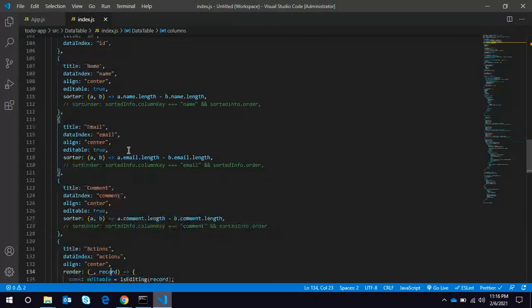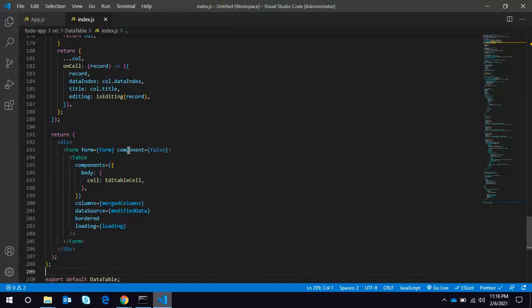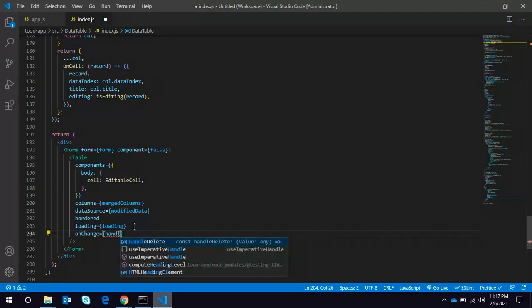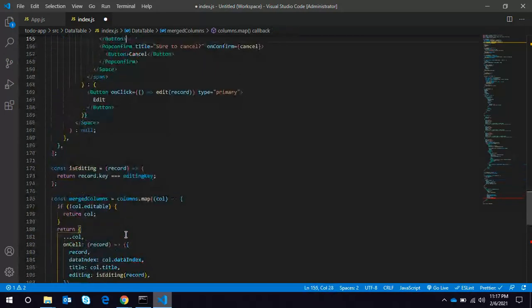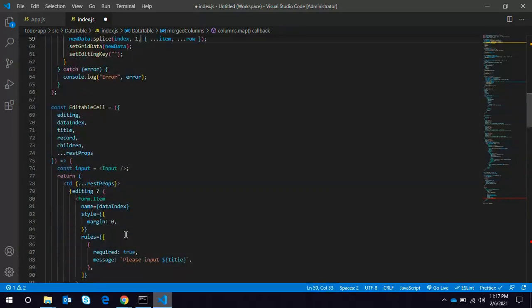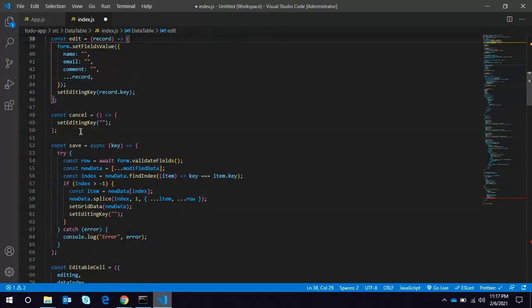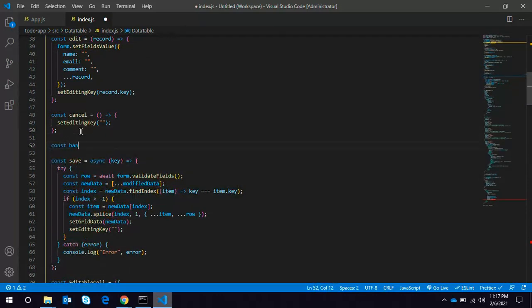So we have to define one onChange method in the table. Let's create the handle change here.